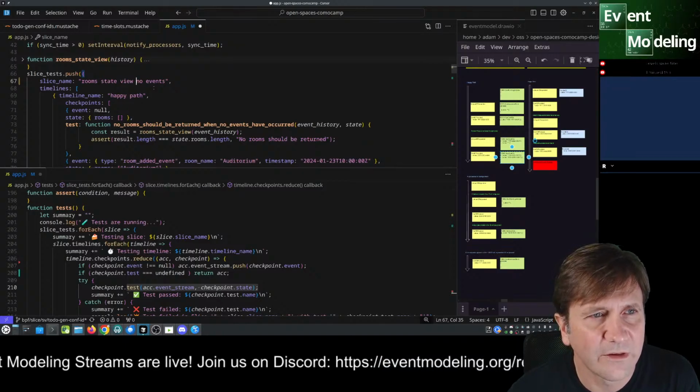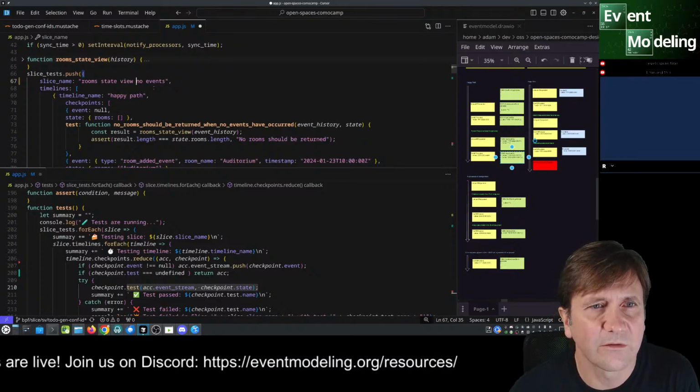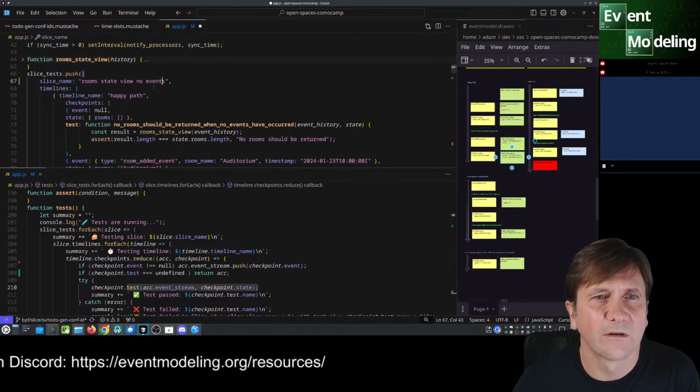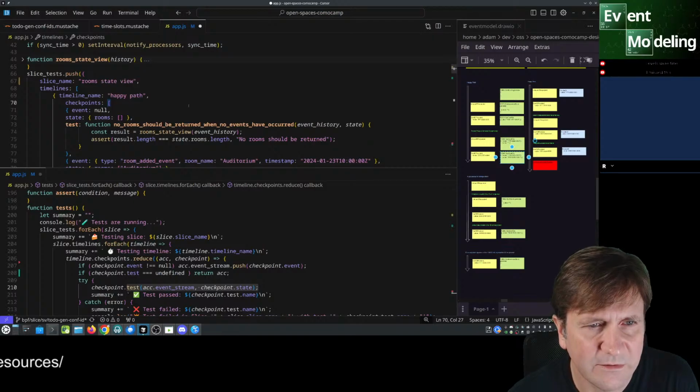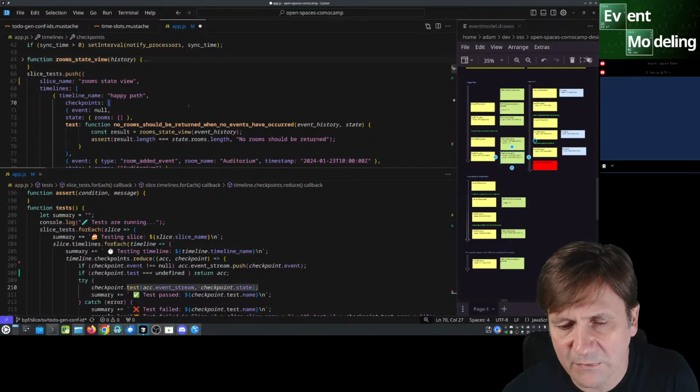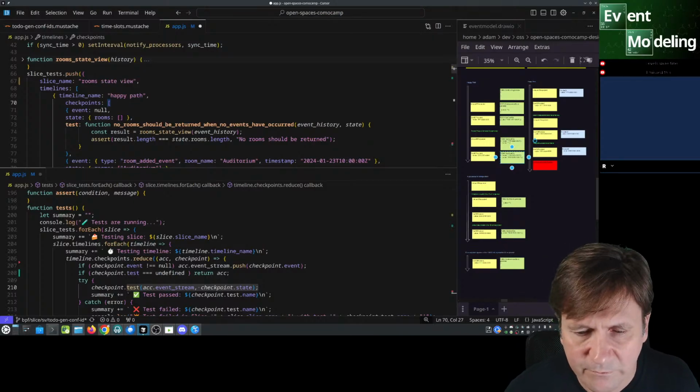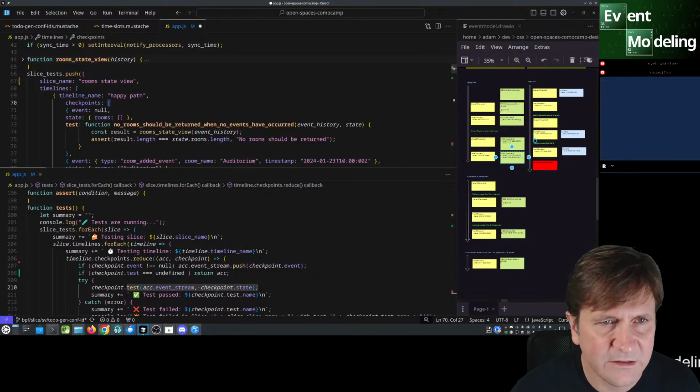I forget what this slice name was. Room state view. And I don't know where the no events came from, but that's what it is. So we have some bugs. I think I was just clicking around and pasted some text where it shouldn't be.